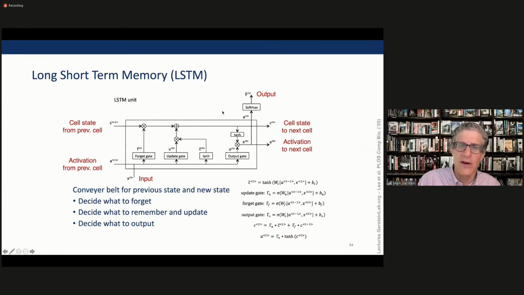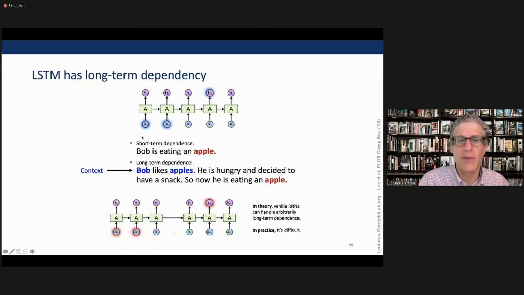So we have our output, our input, the pass to the next cell state, and the pass from the previous state. The key idea is that these allow some form of memory to be formed, where you can remember what was upstream a little bit. And here's a notion of this idea of memory, where you can have a very short-term dependence, if you're, say, parsing a sentence and looking for the word apple in "Bob is eating an apple." But you can also have a longer-term dependence, and that's through all of these connections, and that will allow us to look at how the epigenetics way upstream